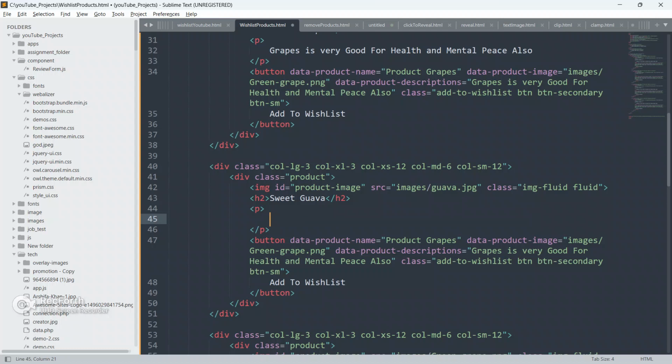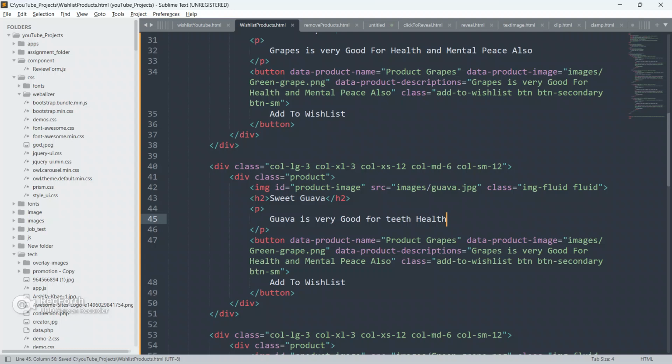So I'm gonna change the text also from here. So guava is very good for teeth, teeth health, as you all know guys.